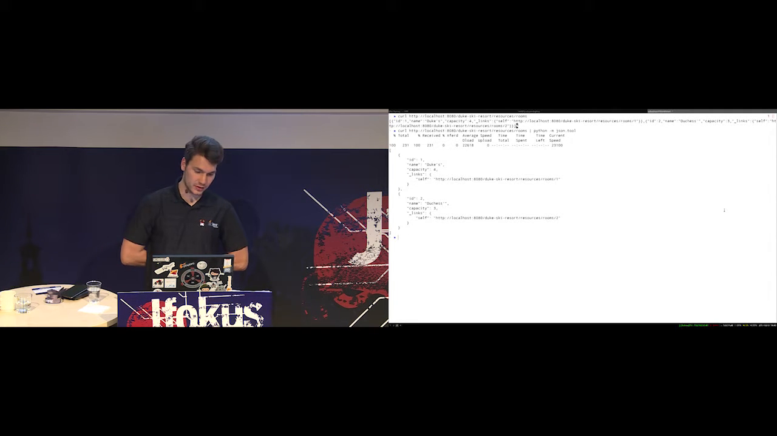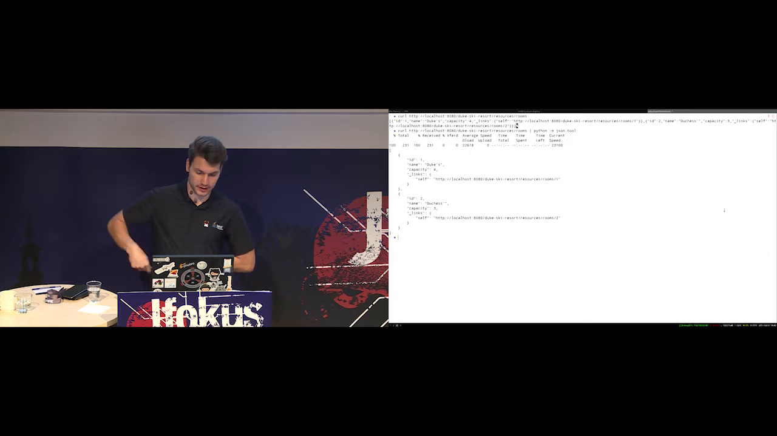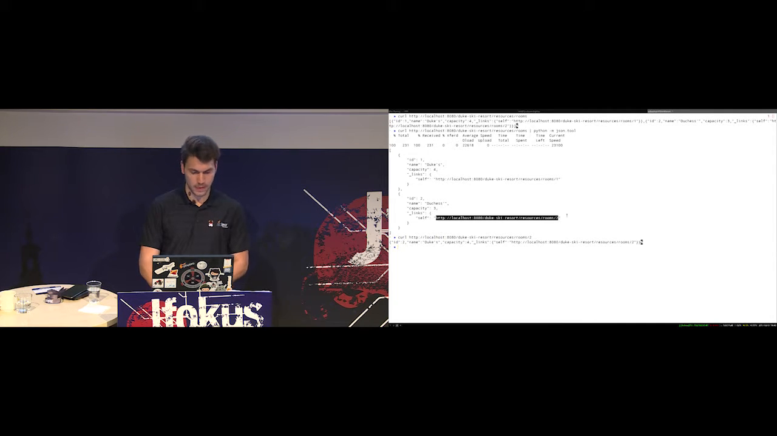We have this JSON response of the list of rooms, with our ID, the name, capacity, and here, that's a nice story, the links. And now you can just equally well follow it for the single resource, right? And actually another nice story of JAX-RS is if you